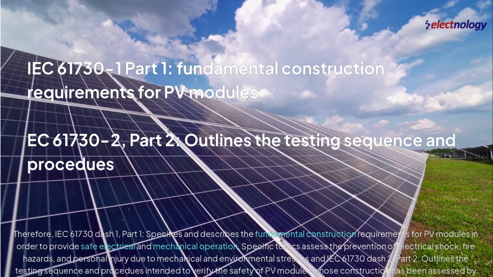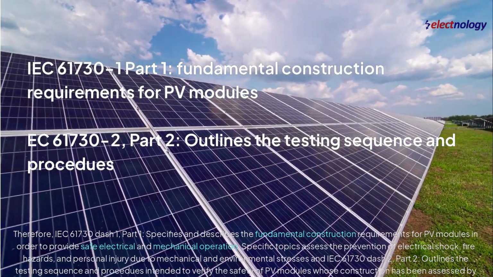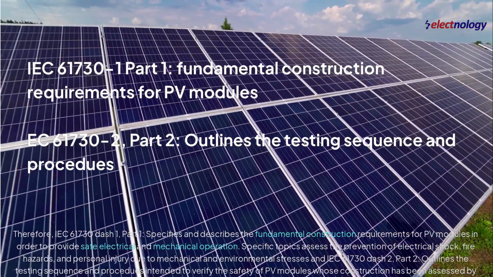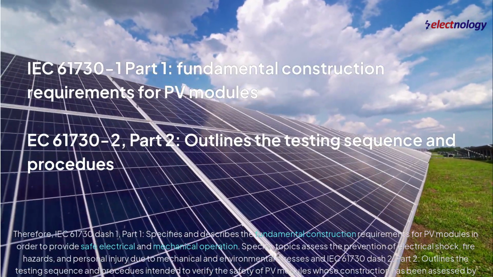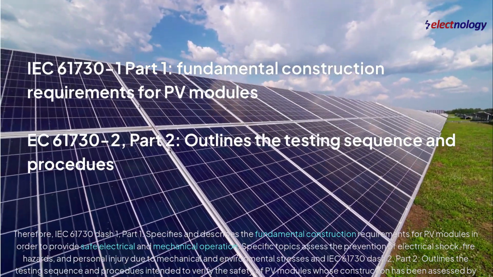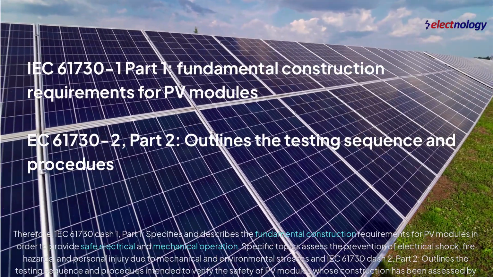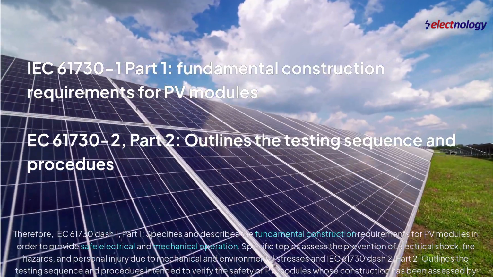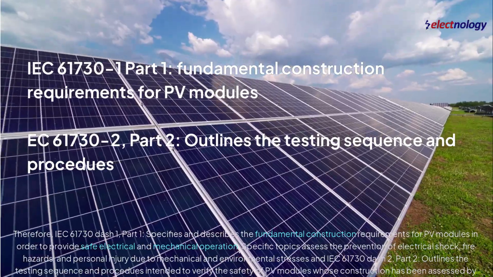Therefore, IEC 61730-1, Part 1, specifies and describes the fundamental construction requirements for PV modules in order to provide safe electrical and mechanical operation. Specific topics assess the prevention of electrical shock, fire hazards, and personal injury due to mechanical and environmental stresses, and